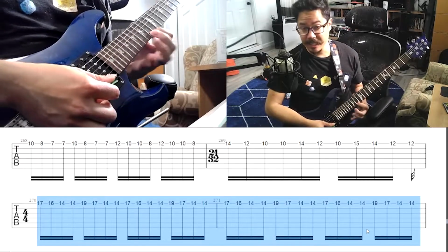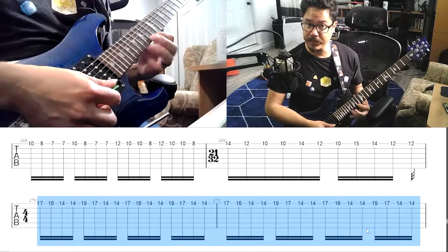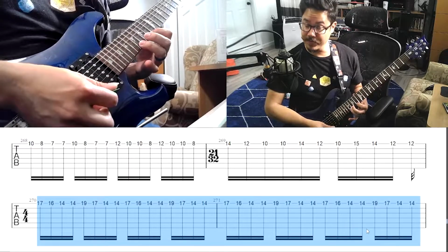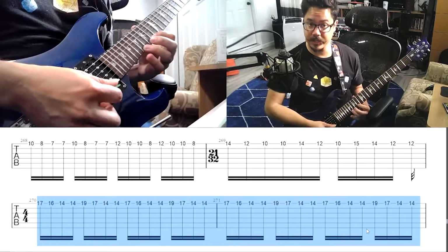And then each time you do it, you're going to alternate between these two fingers, the third and second finger, and these two fingers, the pinky and third, which is going to be on the 19th fret and the 17th fret, and again, the first finger stays here. So slow, it's...